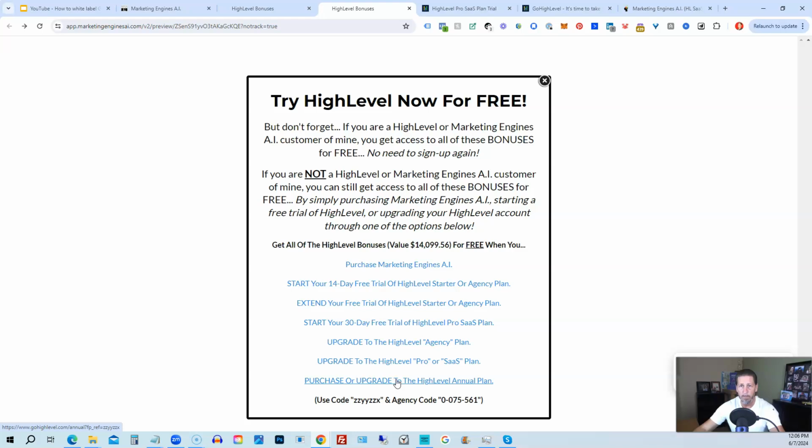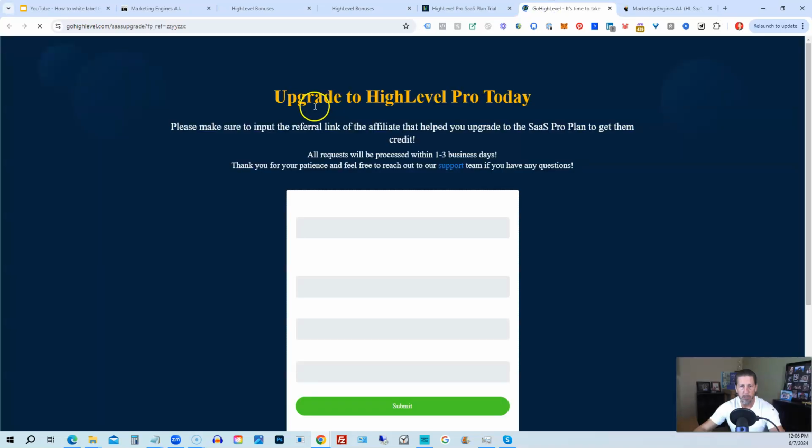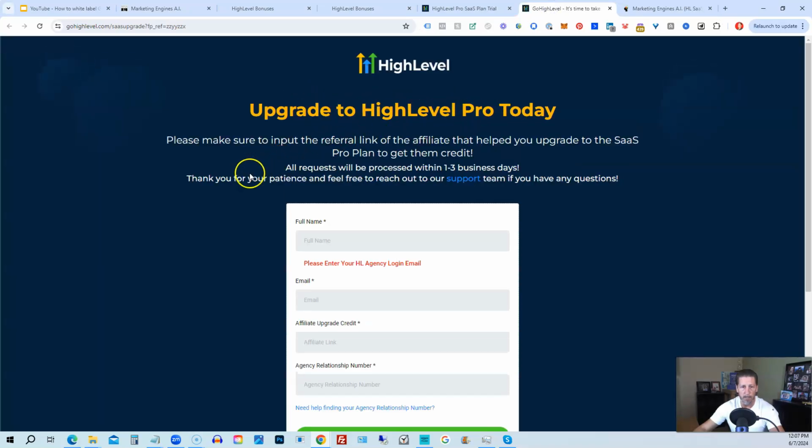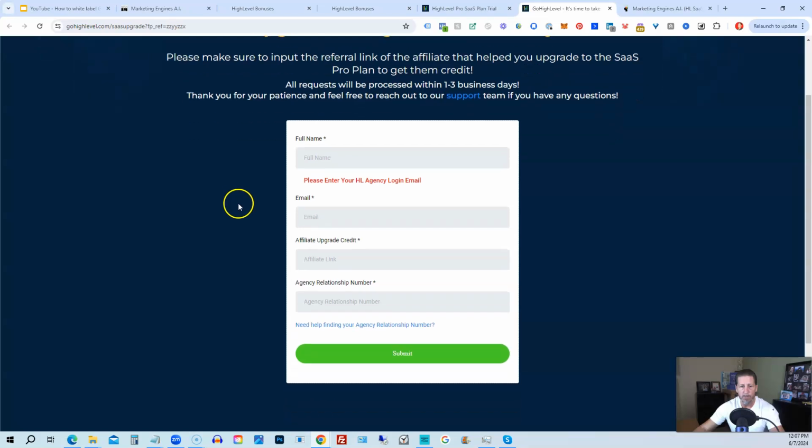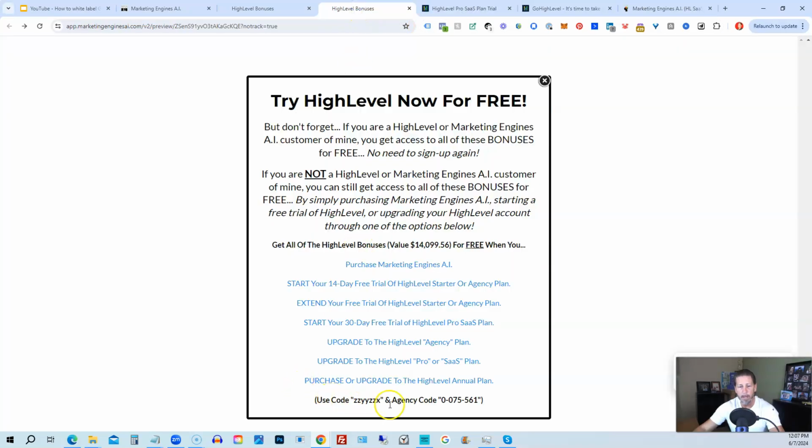If you choose to upgrade to the white label Pro SaaS plan, then you will click on this link and it will take you over to this page here where it says upgrade to HighLevel Pro today. You will have to input the agency relationship number, which you can find right here, agency code. So you just copy and paste this in. And then of course you can use my code